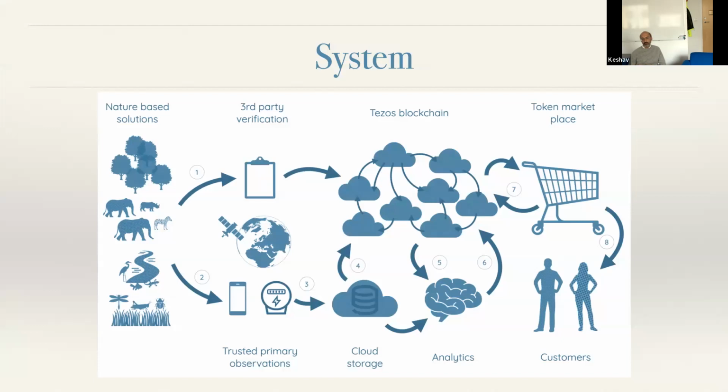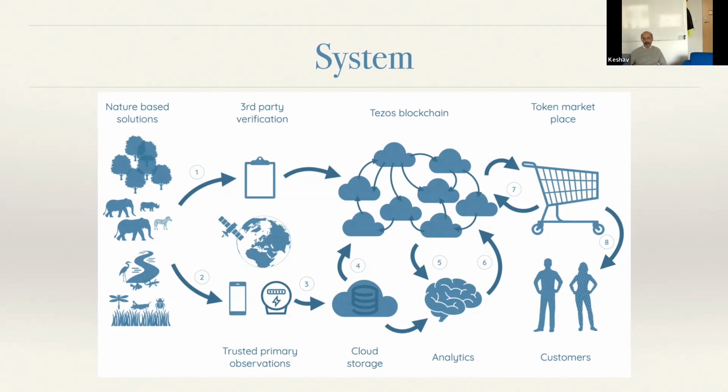So as you can see, this is a fairly complex system, and the blockchain sits at the heart of it, keeping track of the ownership of a certain polygon on the Earth's surface by a particular project owner. That's the arrow on the top left. At the bottom, it also holds the hashes of the primary observations to make sure that the observations are immutable. And finally, coming out from the brain picture, step number 6, it's holding the number of credits that have been allocated to a project. So the blockchain becomes central to the whole system. But there are other parts of the system which are equally interesting, and I'll get to those in just a moment.